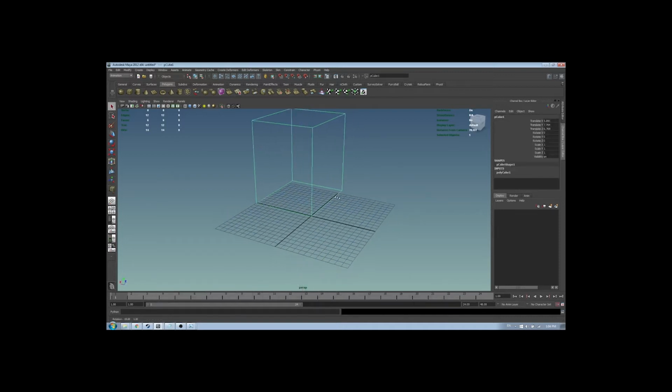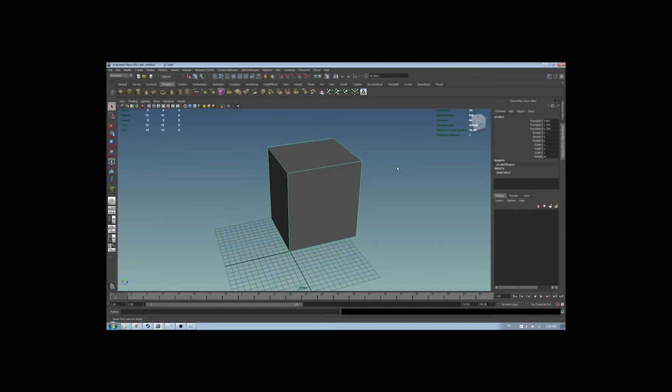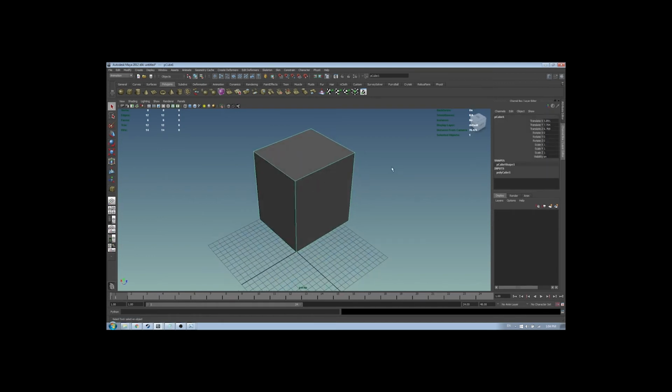4, 5, and 6 basically run through the view mode. If you go to 4, this is the wire mesh mode, okay? 5 is simply, as you see here, just a simple shaded mode. 6, but you can't really see it, is actually texture mode, okay? And 7, if you press 7,